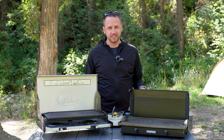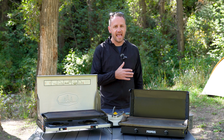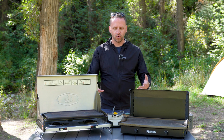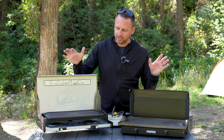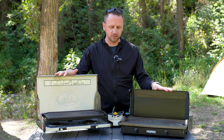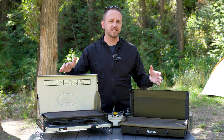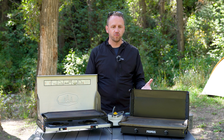The options in this area are literally endless, and you can cook anything that you want as long as you've got the right griddle, pan, pot, fry pan, etc. I've got 2 different 2-burner stoves here to show you some size options and differences. But the first thing that stands out to me to cook with on a 2-burner stove is